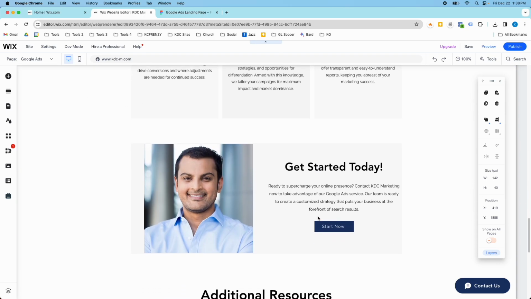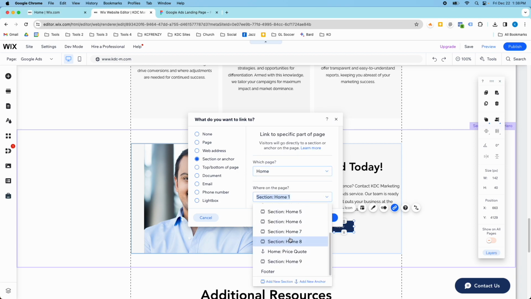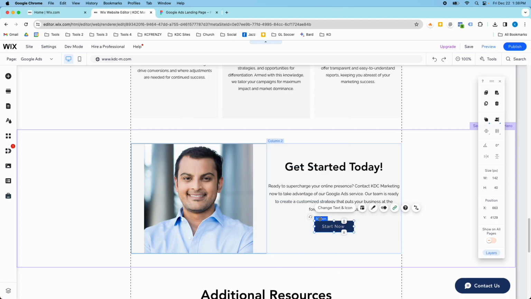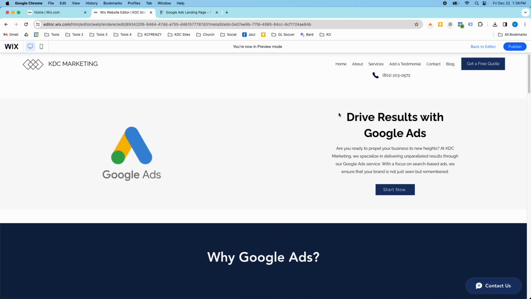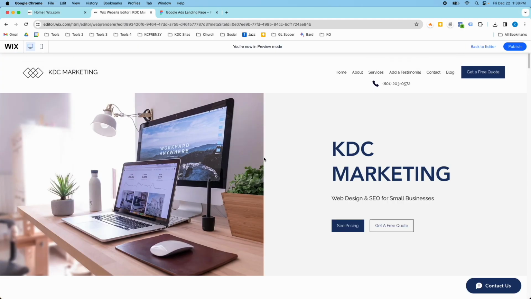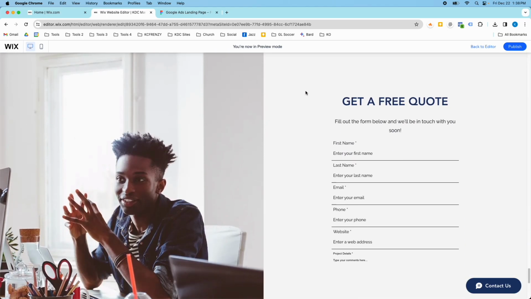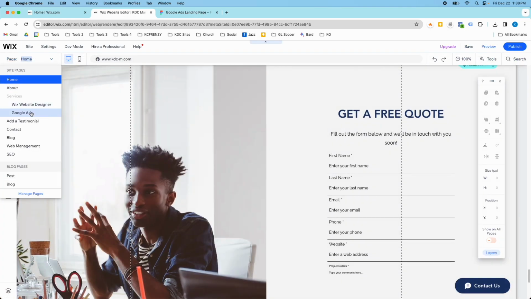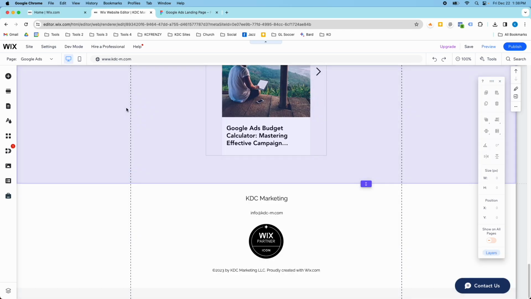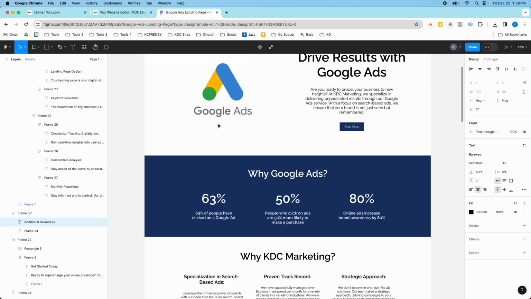And I don't think I have any other buttons. I do have one last button. So again, home and price quote. Okay, and then if I preview this, that link should work in real time. If I click it, perfect. It takes us back to the page. So, all right,